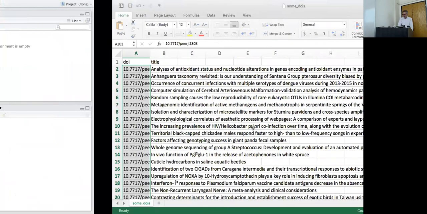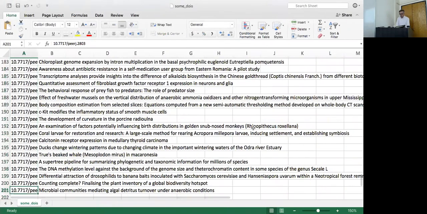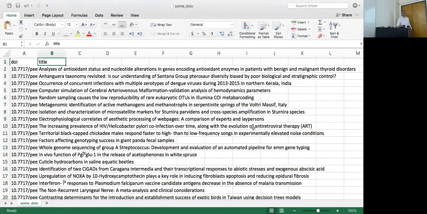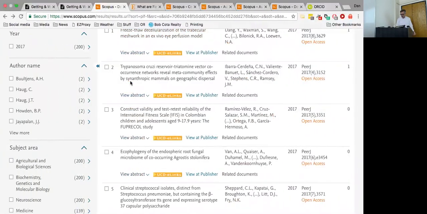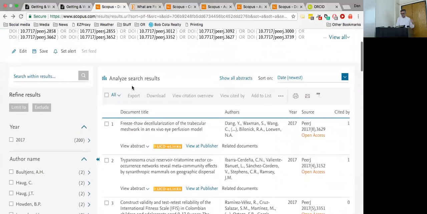What you have in metadata is like, we have the DOI, we have the title, maybe we have a little bit more, but we want to get sort of all of the metadata that are available in Scopus. So after we get our search results,